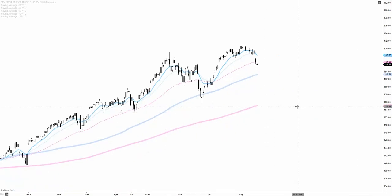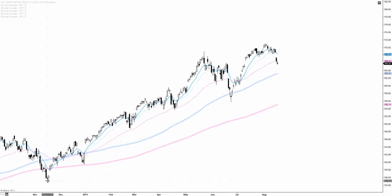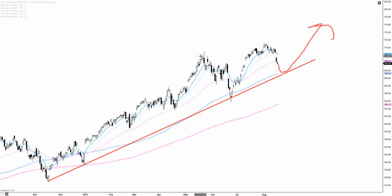So, let me give you this, because we know that this uptrend support must hold, and we must make new highs. What I mean by must make new highs, it needs to break above 171 to clear these two levels, and the uptrend resumes. In that case, forget about everything I said, and we are going higher. However,